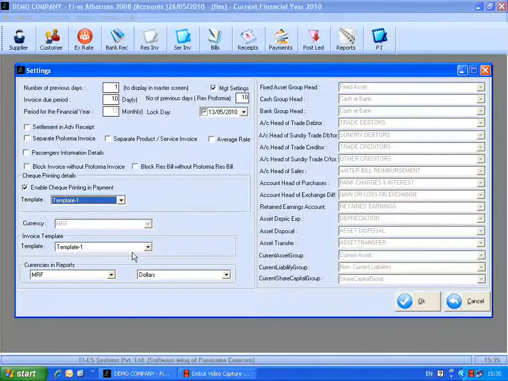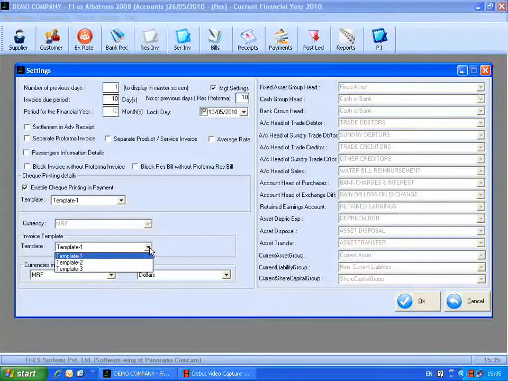This is the invoice template selection format. The user needs to select a template from here. This option is for customization of reservation invoice reports. All the templates listed here are folders inside the DL set, and all these templates have predefined report formats. Select a template from here.